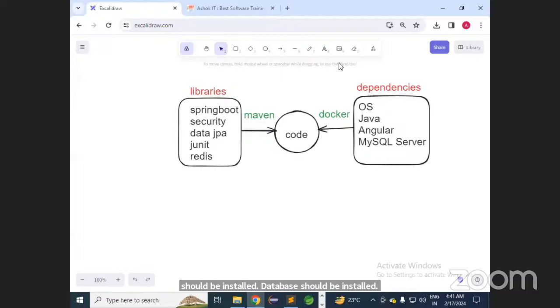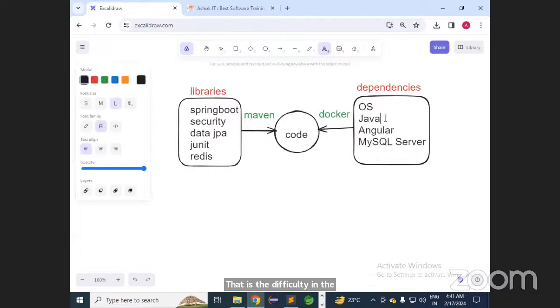Say in 40 systems, I installed Java 11 version. After 6 months, the client told us to upgrade to Java 17. Then what do we need to do? Again, we need to go to all 50 systems, uninstall Java 11 and install Java 17. By mistake, the DevOps engineer, who is a fresher, installs Java 14 instead of Java 17. Then